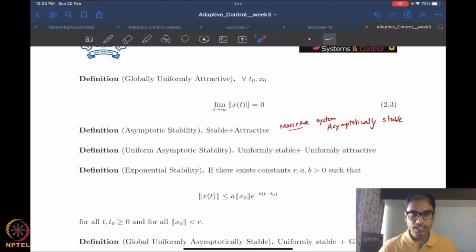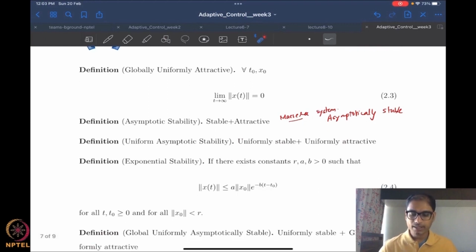Now the question is, is the Massera system uniformly asymptotically stable? The answer is no. Why? Because it is uniformly attractive, sure. We just proved that it is uniformly attractive because there is no delta, and delta is infinite. But it is not uniformly stable. It is only stable. Therefore, the Massera system